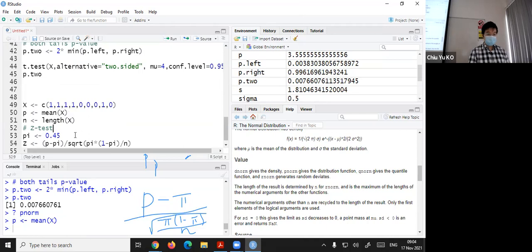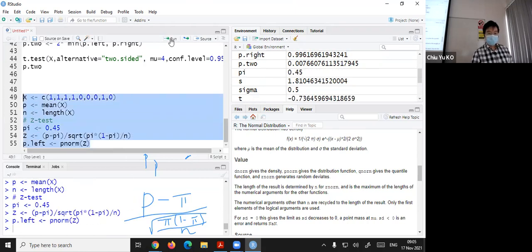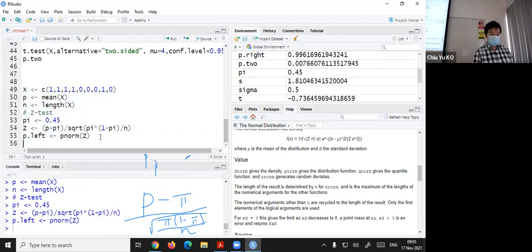So now based on this, we can do a left tail only, because the right tail is the same thing. They both are the same thing. So how to calculate the left tail, right? P dot left will be just the P norm of Z. Okay, so this is the left tail test for the